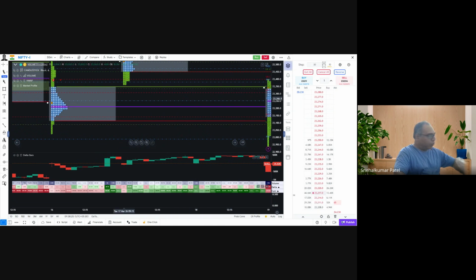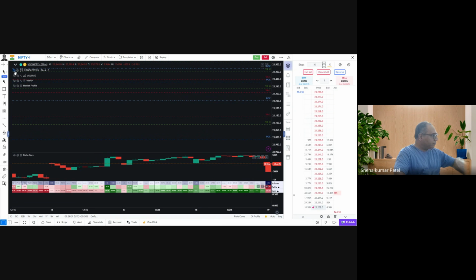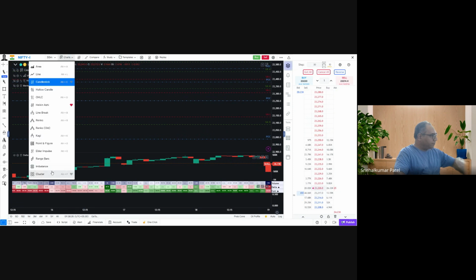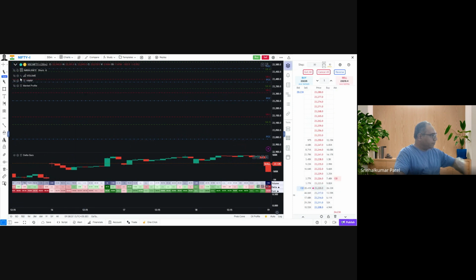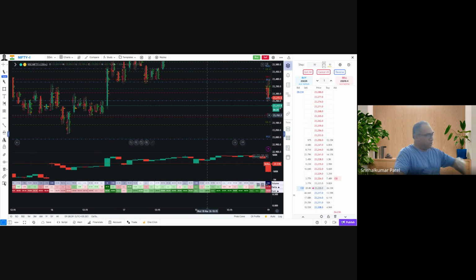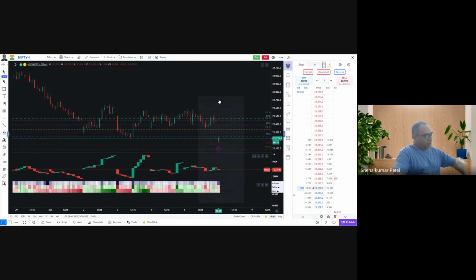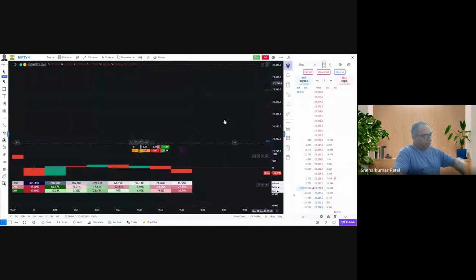Okay, let's go back now to look at the chart and what is happening with the order flow. So we will go again to the imbalance chart and we will turn it on. Now we have some levels that we can look at, and yeah, we have these levels. This is a 30-minute chart. If we go to a 3-minute chart,